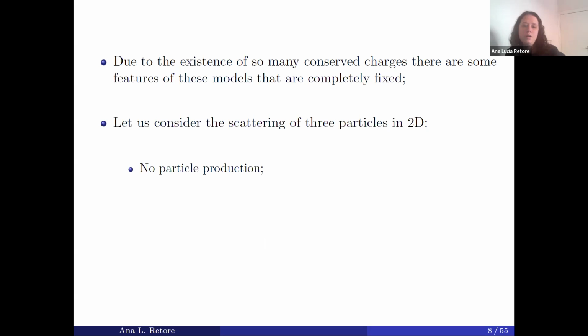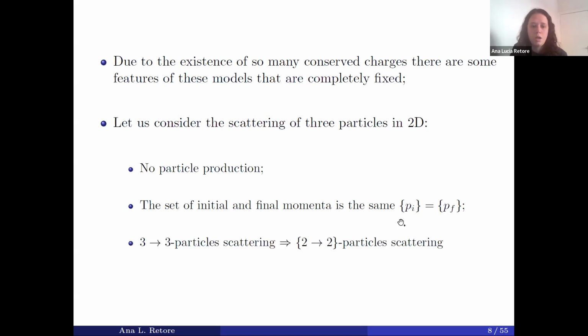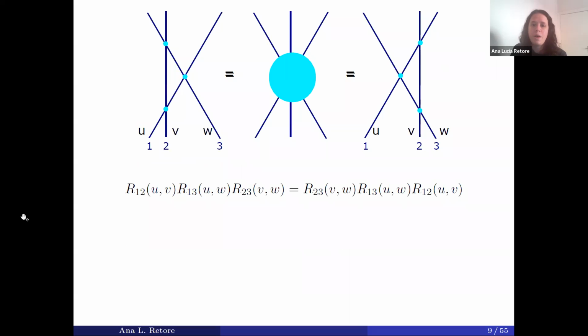So the number of particles at the beginning and the end of the scattering is the same. The set of initial and final momenta is the same. And this 3 to 3 particle scattering factorizes into a sequence of 2 to 2 particle scatterings. And this happens in a very specific way. So we are in 2D here. So if you have 3 particles scattering,